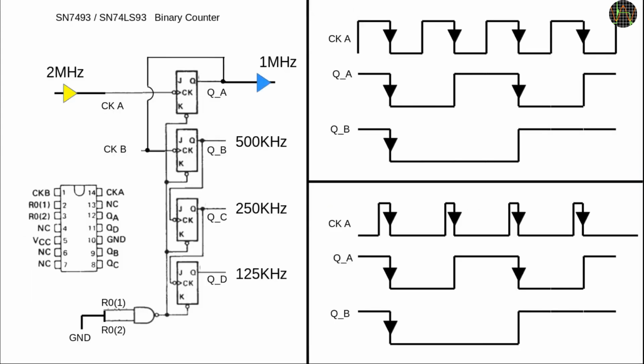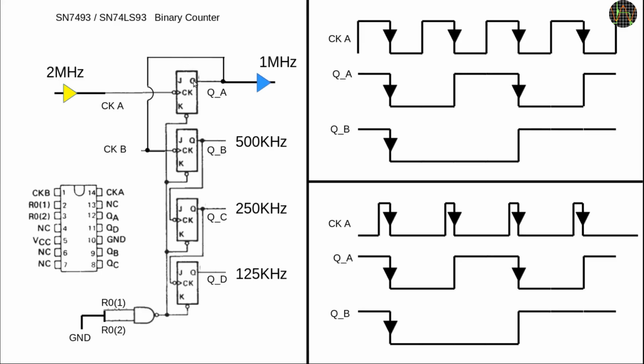The prescaler in the PIC is an asynchronous 8-bit counter that is unfortunately not accessible from the outside. But there's a similar thing that I had in the parts bin, a rather ancient 7493 chip, which is a 4-bit counter of the same type.